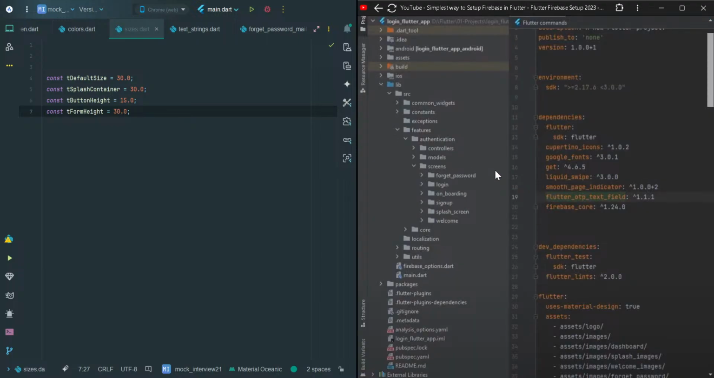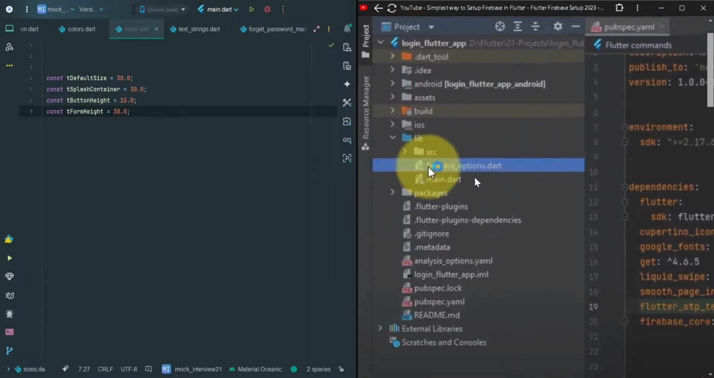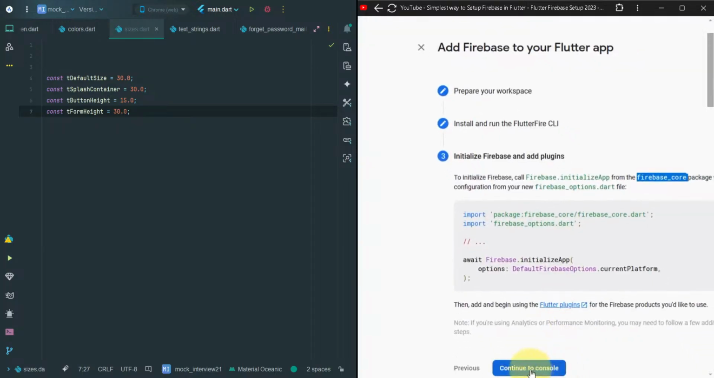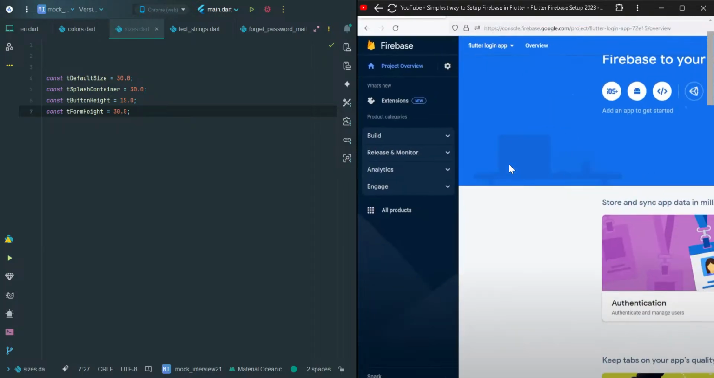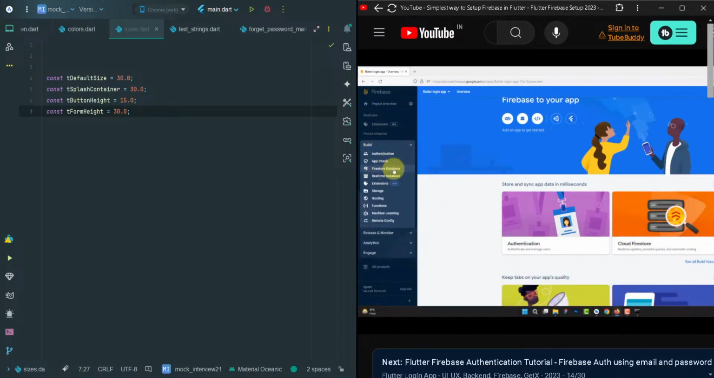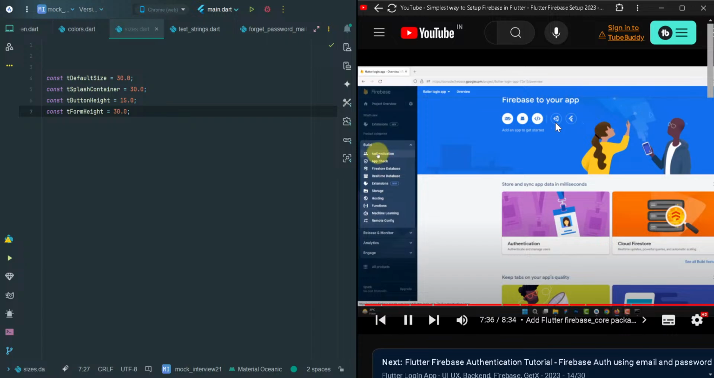We are connected with our Firebase, and to see if we are connected or not, you can see we already have a file which is a Firebase options. Go back to the browser, hit continue to console, and in here we are going to use the Cloud Firestore, and over here inside this build method we have a Firestore database, and also we are going